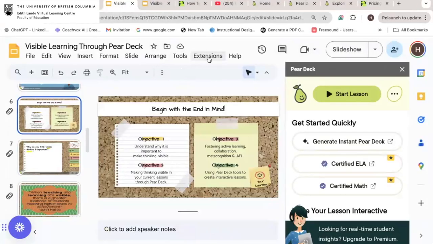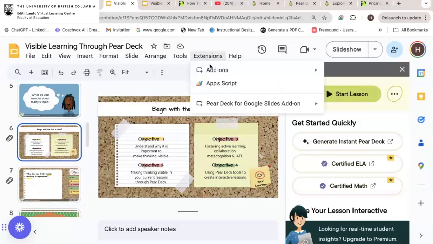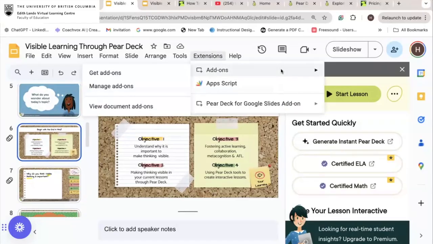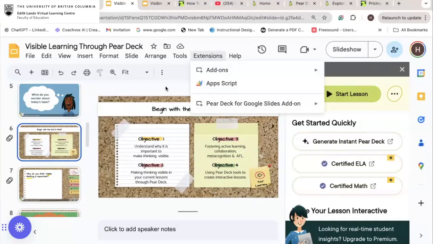So you go here, you have to open a current Google Slides presentation. A presentation which already has slides, or even a blank presentation, that's okay. You will go to extensions. You will go to add-ons, and you will have a complete list. There'll be thumbnails of different add-ons appearing. You will write Pear Deck for Google Slides add-on, if it's not showing up for you, and you're going to add it. You will have to give it all the permissions to be accessible, for it to access your slides. And that's how it will be set up.